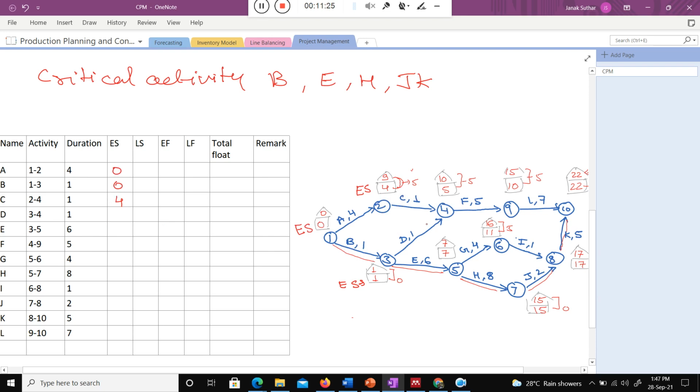Okay. Now when I go for the activity D, what is the early start for activity D? 1. Okay. For activity E, again 1, activity E, 1. This is the start point, class. 1, right? Okay, for activity F, 5. Very good. For activity G,